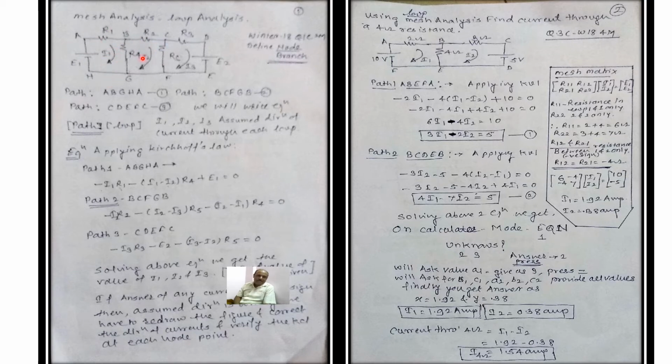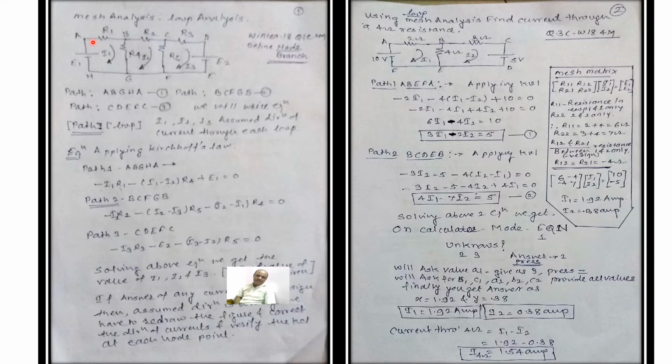So we can apply the method using Kirchhoff's law sign convention and find the currents flowing through the circuit. Not only through the junctions, we can find them through the branches also. So loop currents we will get, and branch currents we can get with this method. How to apply it? It's very simple. First of all, start from A and go to B.